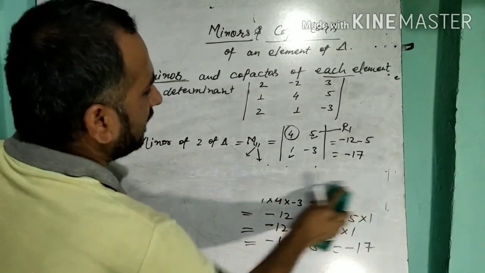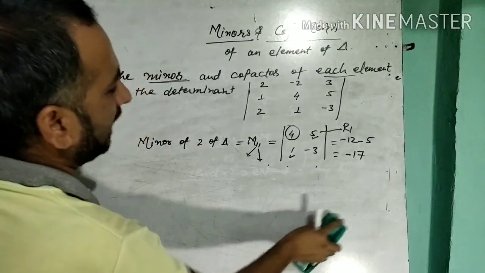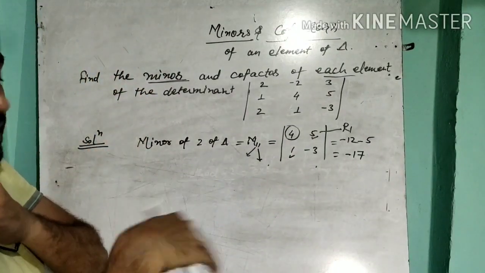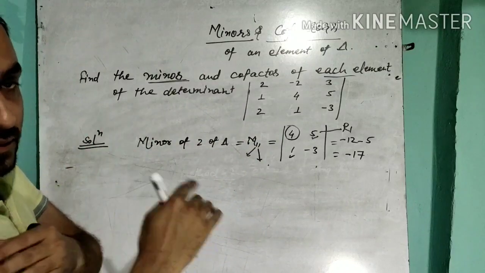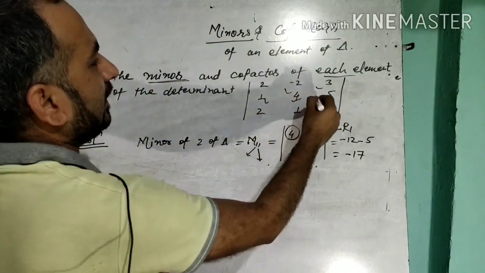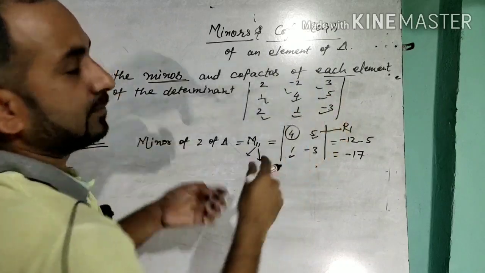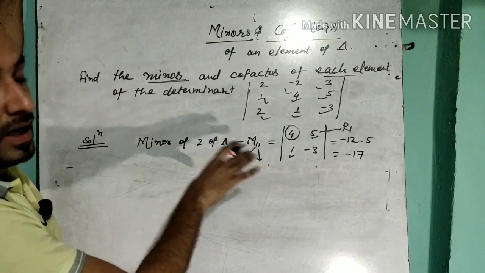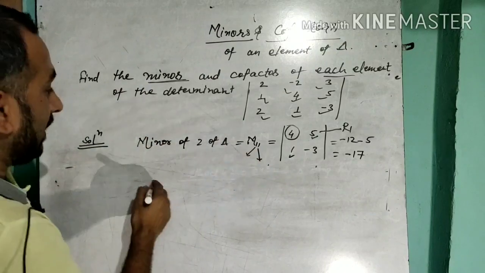Now students, it's time for the cofactors. I will tell you only for one element. You can solve for these elements, it's your work, you have to find out. So, understood everything here, how I will find the minor. And now the cofactor